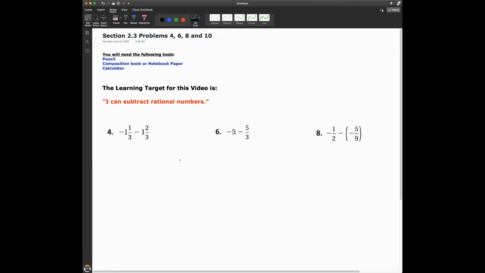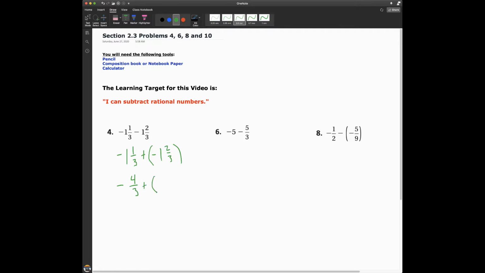Remember, when we subtract rational numbers, we treat them the same way we would if we were subtracting integers, following the rule that says you add the opposite. So let me do that part first. Let me add the opposite of 1 2/3, which is -1 2/3. Now I'm going to write these two rational numbers as improper fractions, and when I do that, I get